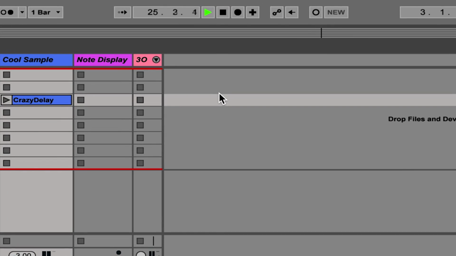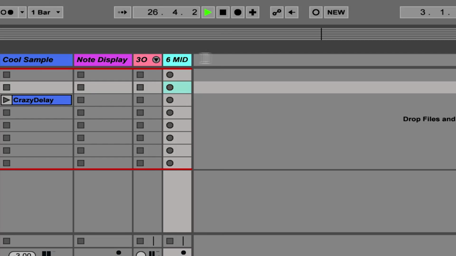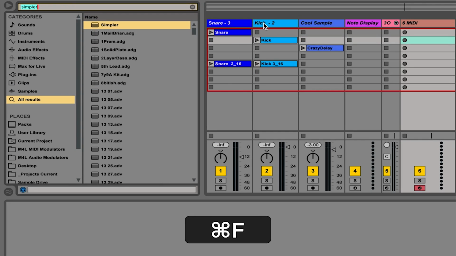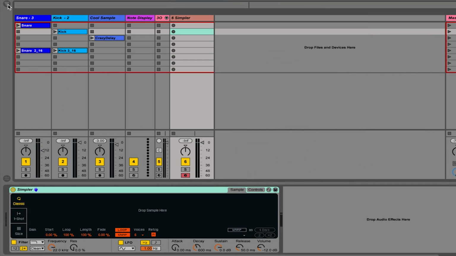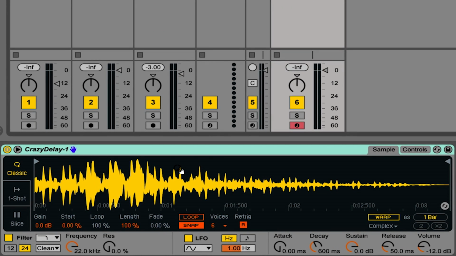First thing I'll do is add a MIDI track. I'll add Simpler to it. I'll do my favorite method, which is Command F, type Simpler, down arrow, enter, and then close up the browser. And then I'll drag the crazy delay sample right down to the Simpler. If I play a key on my keyboard,